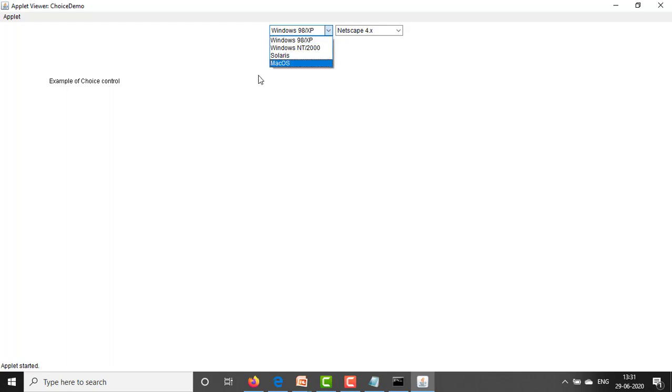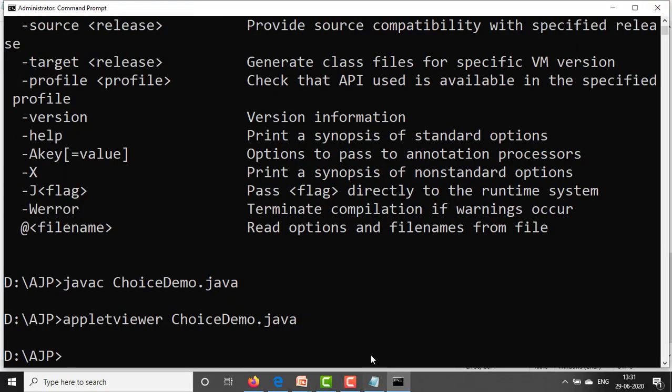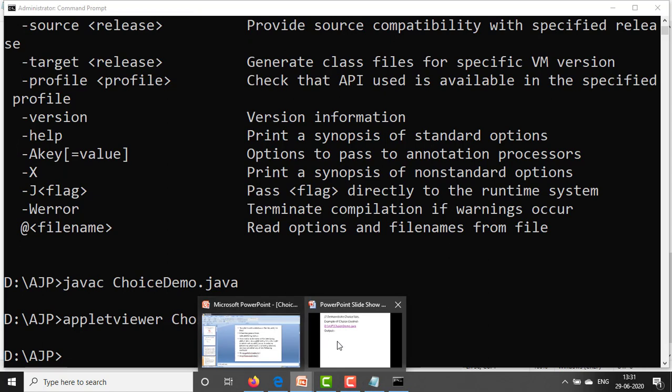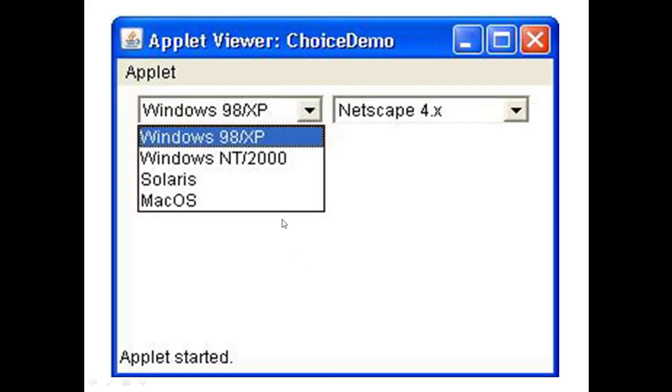Those items are displayed here. Whenever we click on this item, there is a selection. Like this we can do the choice program, ChoiceDemo. Okay, this is the output of this program.